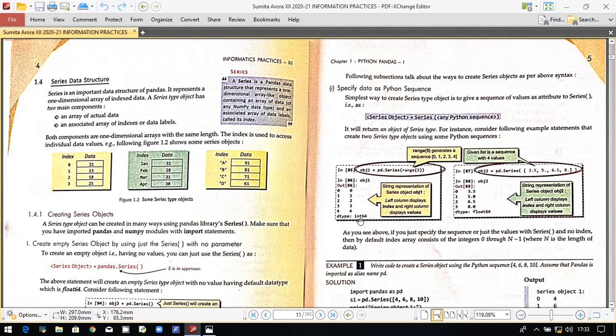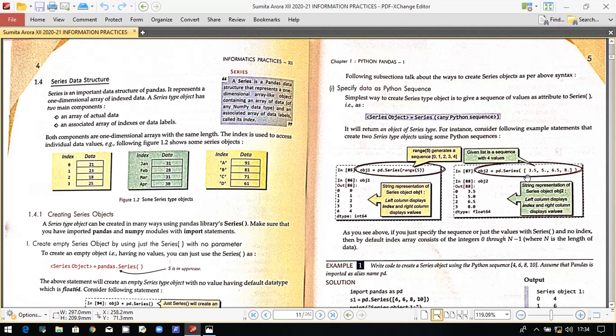In a similar way, if we have another sequence, suppose let's take this example, obj2 is equal to pd.Series of 3.5, 5, 6.5, and 8. Again, this is a sequence in the form of a list, and you can recognize it easily with the help of these brackets, which are list brackets.